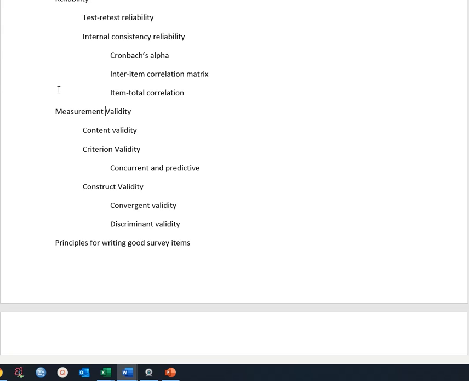And of course, you're at that point usually if you're writing items and developing measures, you're usually just using face validity at first. But you might kick it up a notch and do something called content validity, where content validity is